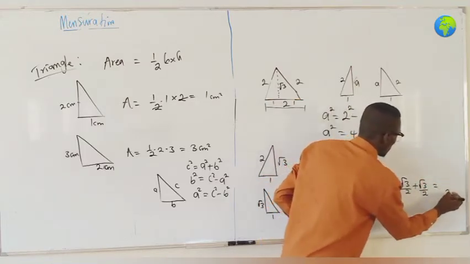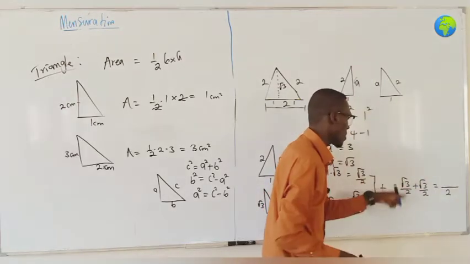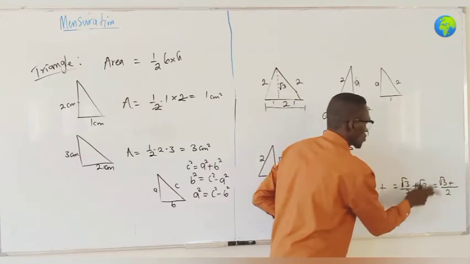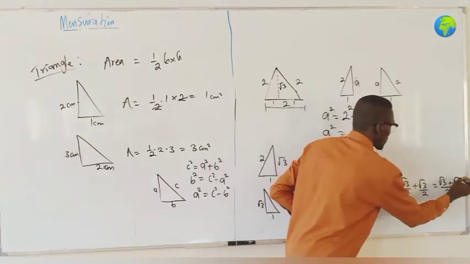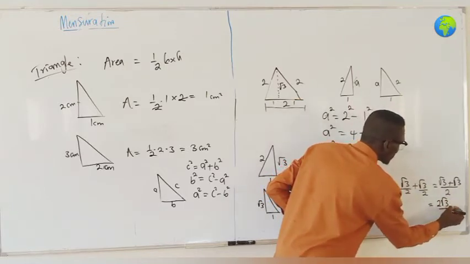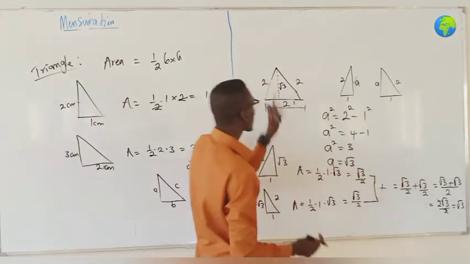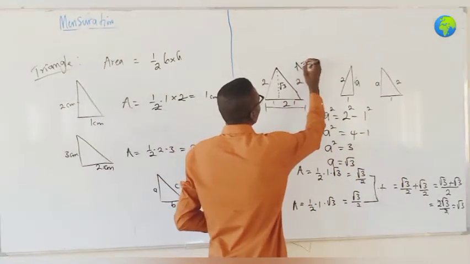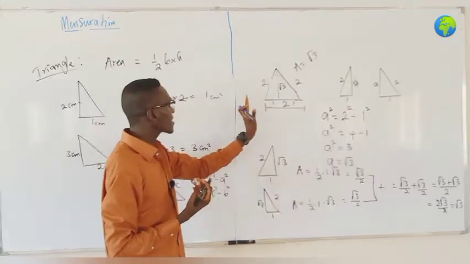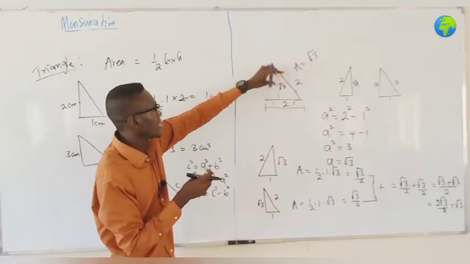What's the LCM? 2. Then we have 2 into 2, that's 1. 1 times square root of 3, I have square root of 3, plus 2 into 2, 1. 1 times square root of 3, I'm having square root of 3. So my result is going to be what? 2 square root of 3 over 2. We cancel 2. And the area of this is going to be what? Square root of 3. You can see how easy it is. So this is just the somehow complicated calculation of area of